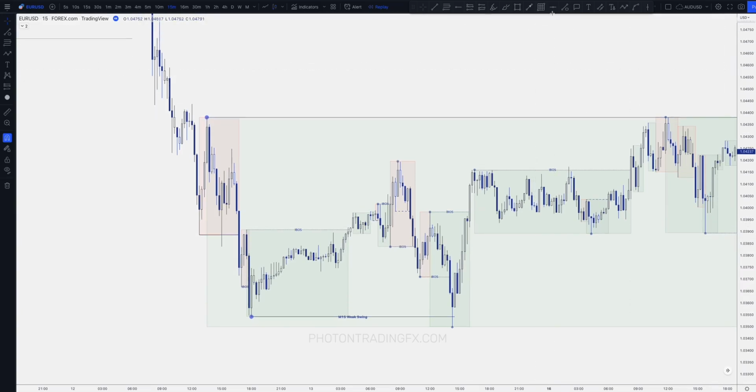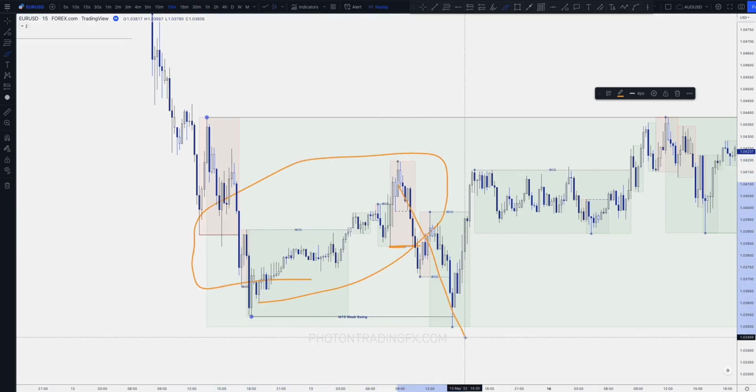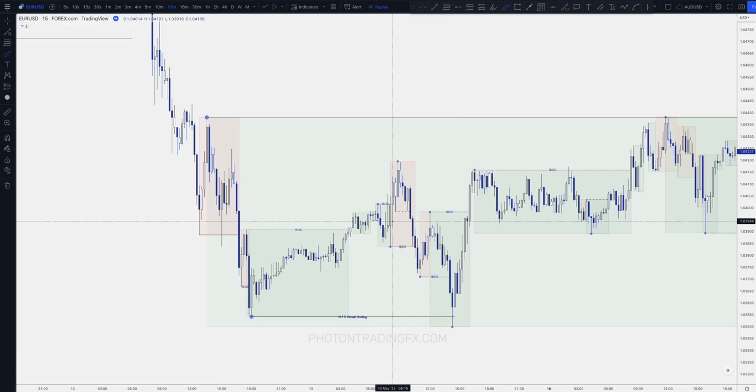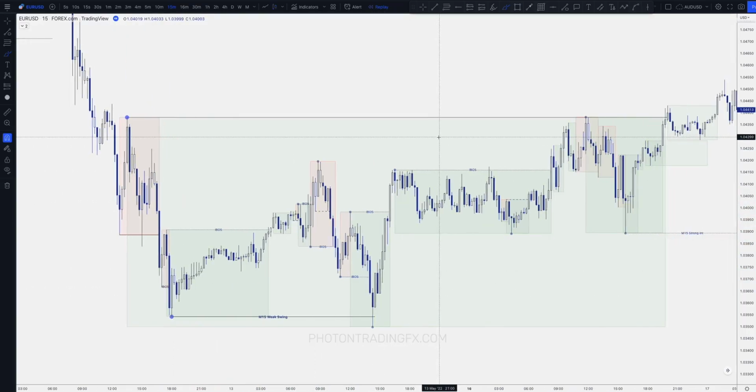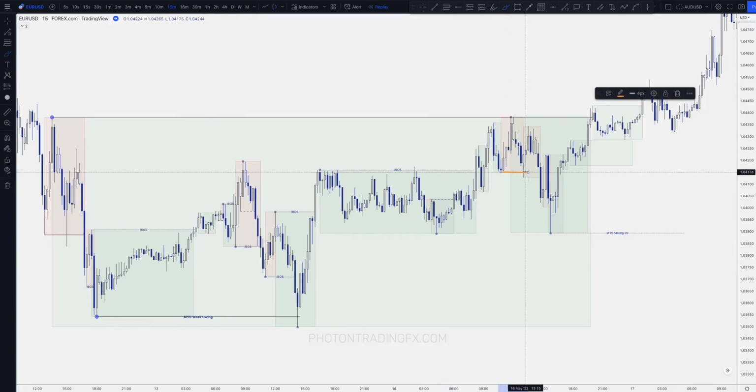So we know that a change of character here, all that signals is the start of the internal pullback, right? Into this low here. It's only once we get the internal BOS that signals the end of the swing pullback and the start of the new swing run, right? So CHoCH just signals the start and end of internal pullbacks. Internal breaks of structure signal the start and end of swing pullbacks. Okay, so what about a small IBOS, right? The smaller internal structure. Well, that just signals the start of the larger internal IBOS, because it's the hierarchy of